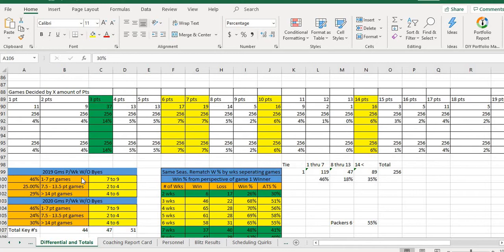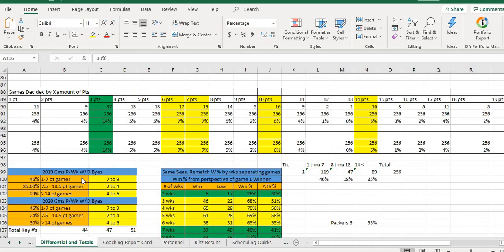Just as importantly, though, when you take a number like a 3 or 3.5, you're not just getting the 14% of the time that a game will end in exactly a 3 point difference. You're getting the 1 and the 2 as well. So you're getting the 4% of the time that it landed on 1 and the 4% of the time it landed on 2. So you're getting 18% of the time value, essentially. And that's where you start doing the math for expected values and things like that.